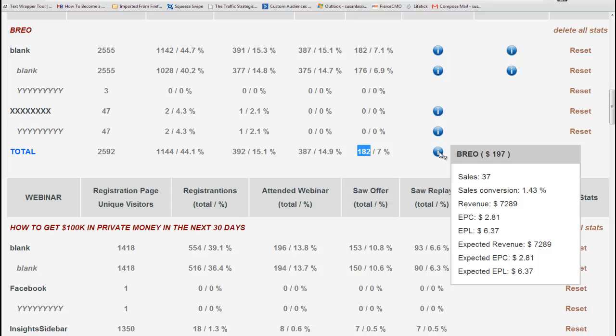For a total revenue on the front end of $7,289. So that's an earnings per click of $2.81, which means that for every single person that clicks to this ad, I'm making $2.81. Now that tells me a lot, especially if I'm doing pay-per-click advertising, and I want to know, gee, I wonder how much I can afford to pay for traffic, or how much I can afford to bid per click. If I want to break even on the front end of this, knowing that I have a sales funnel behind it, which I do, then I could afford theoretically to spend up to $2.81 a click in order to drive